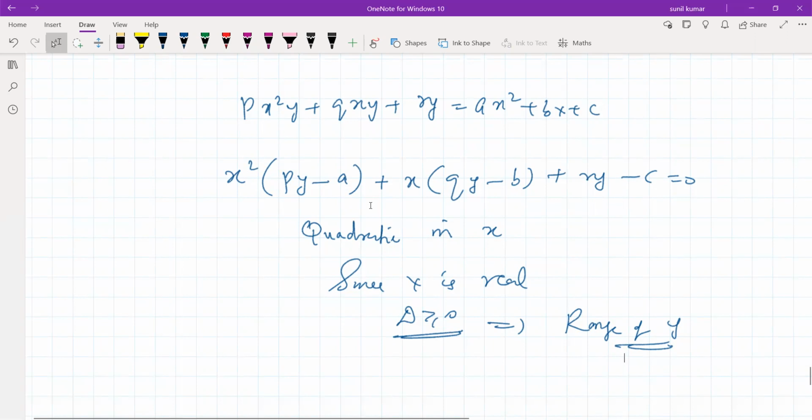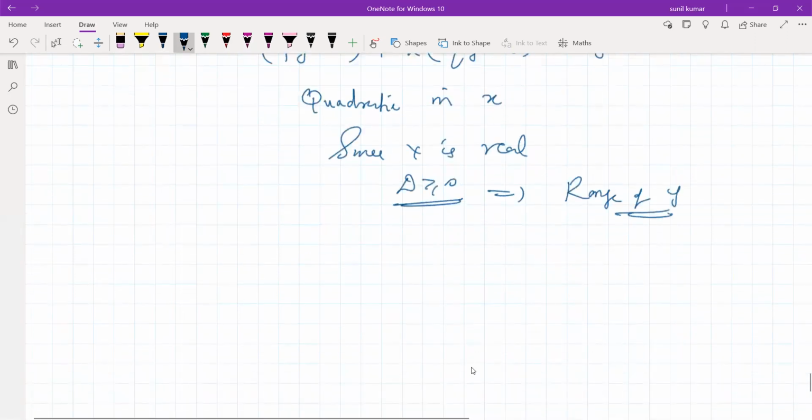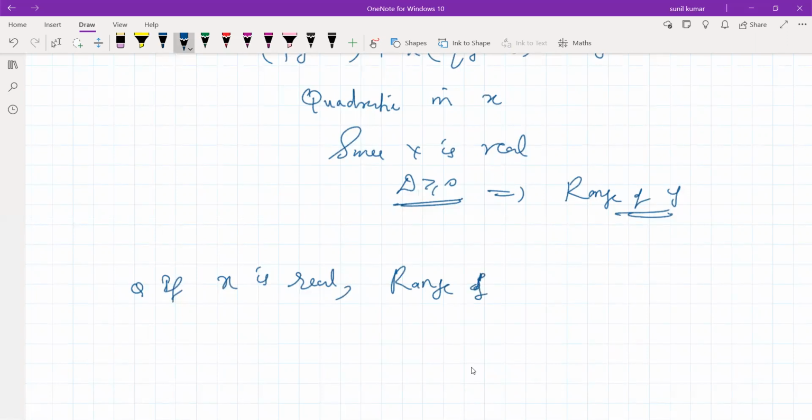So let me give an illustration. Please, you should listen. After that, you can try. Or if you want to try, you can try first. Sir, it's not that difficult. So let me write the question. If x is real, what is the range of x square plus 3x plus 1 divided by x square plus x plus 1? The answer is not given. Please try this. Together with, I will give you one or two questions also.